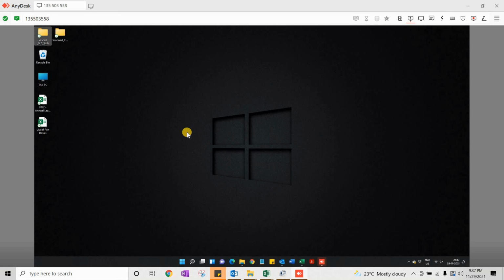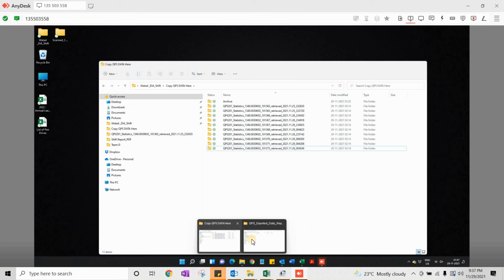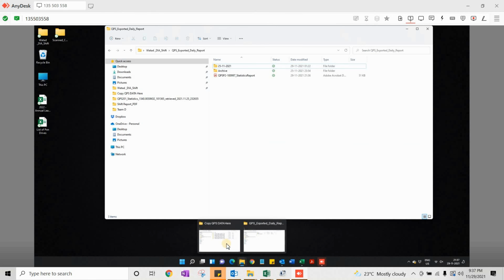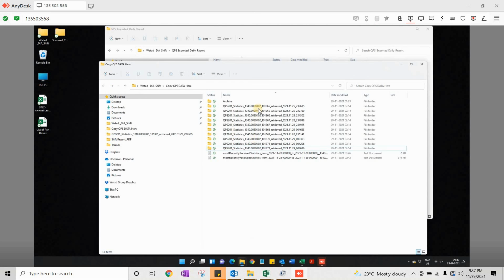Okay, let's talk about how to export QPS reports which you need to send every night shift. First of all, go to each QPS and collect the data from QPS. Once you have collected the data from the QPS, when you open your pen drive, you will find these folders here.